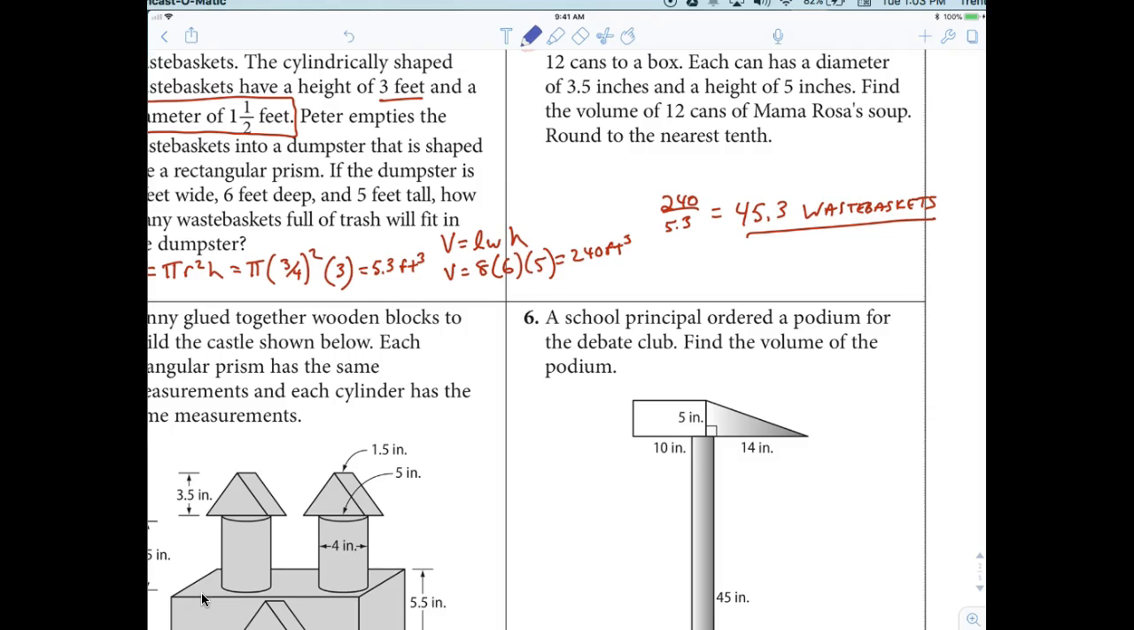Now look, I want to just talk about this one real quick also. All right, because I think this is a really good problem. And the reason why it's a really good problem is